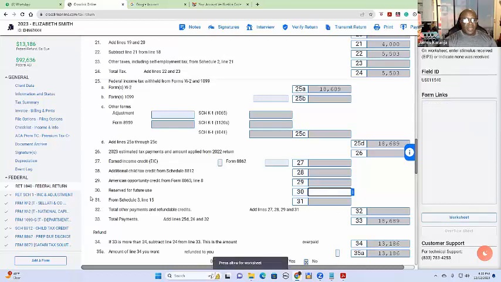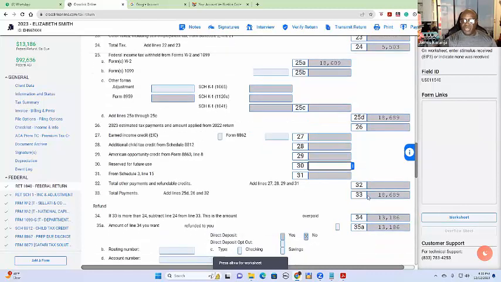Okay. Number 30 is reserved for the future, so we don't have anything there. Then from Schedule 3, line 15, we don't have a Schedule 3, line 15 at the moment, but we'll keep on learning. We'll see those later on. So now,